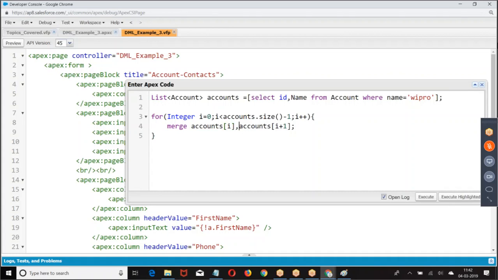Merge accounts of i comma accounts of i plus 1. So accounts of 0 with accounts of 0 plus 1. Are you getting my point? The account record at 0 position and the account at 1 position, merge them.